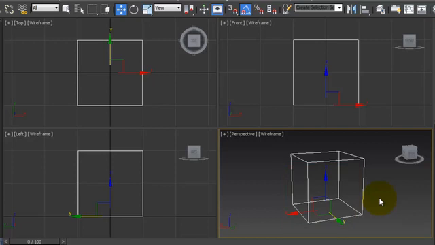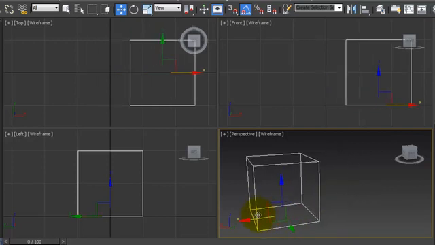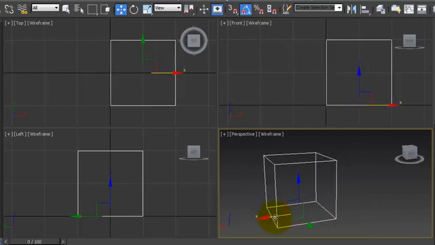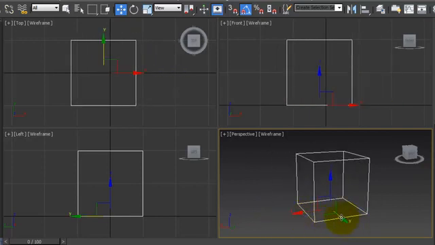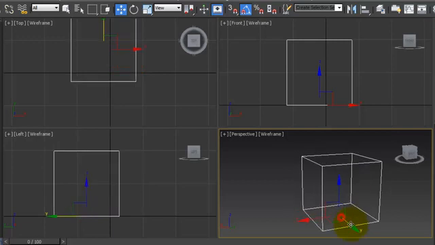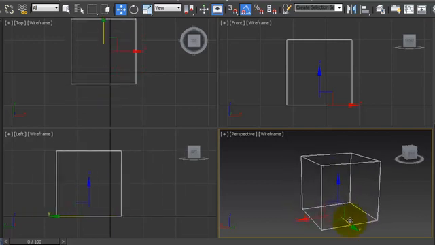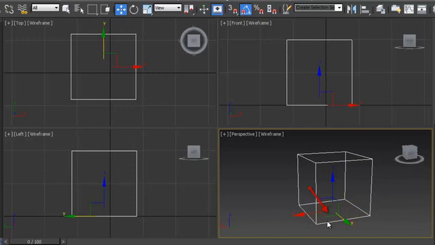Therefore, by left-clicking on an axis to select it and then dragging, we move the object in the direction of that axis. Note that when the mouse comes near an axis, the axis lights up and is selected. When we click, the axis is locked and the object is forced to move only in that direction, forward or back. If instead we move the mouse to the central area, shared by the different colors of two axes of the plane, and click, the whole plane is selected and the object can move freely in both directions along the